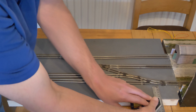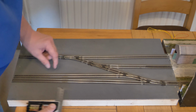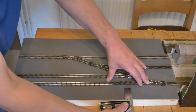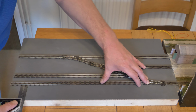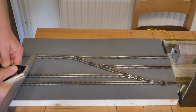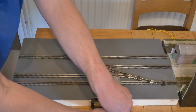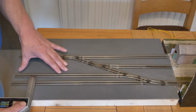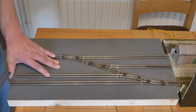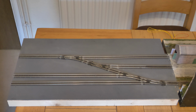So what I normally do is, you can either use, what I just knocked there, I just use this for checking another piece of track. Yeah, that's about correct. Let me just double check this one. Also good to just look all the way down, just to make sure everything is straight before you put all